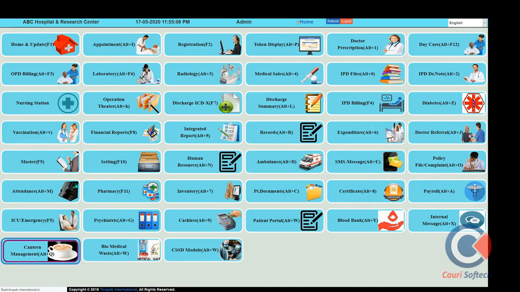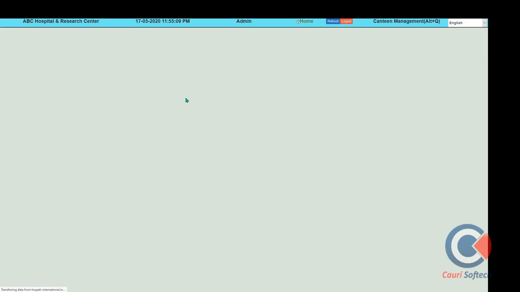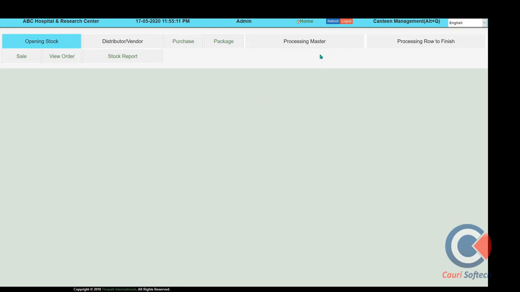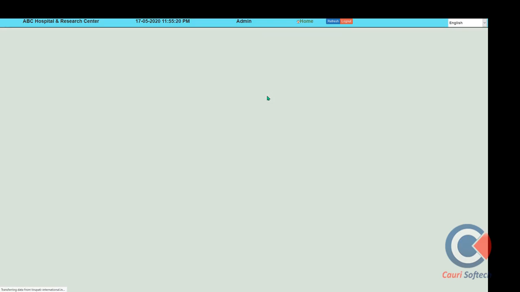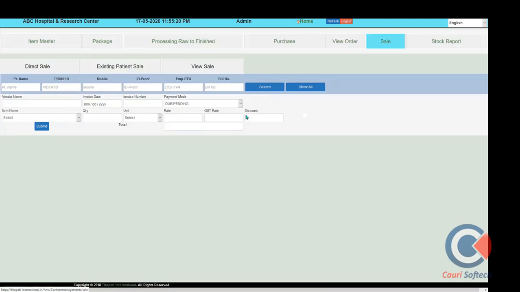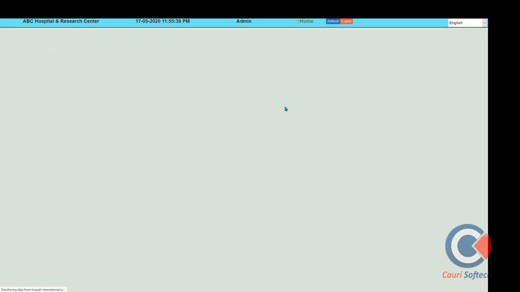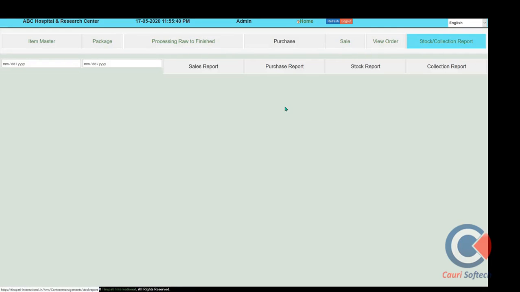In the canteen management system, hospital-related canteen food entry, water supply, and all the consumable products and services can be supplied, and diet plans can be given to the various patients. The canteen management module will be very helpful for hospital services. Here we can access the patient through the mobile number and supply the item names, like tea, water, and all the edible food items. In the stock report we can see all the stock information available in the canteen. Like this, the date-wise supply record we can access.